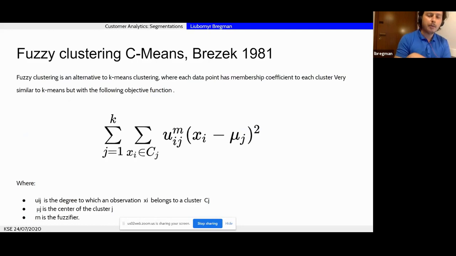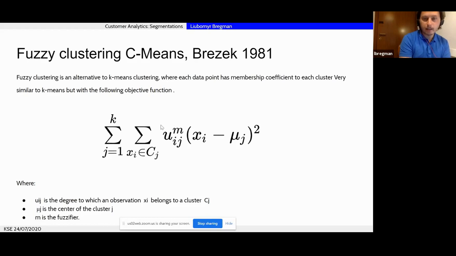Similar to the K-means algorithm, the C-means algorithm is also minimizing the sum of squared distances between every point and the center of the cluster. And then there is something new in this equation, which didn't exist so far: this parameter u here.